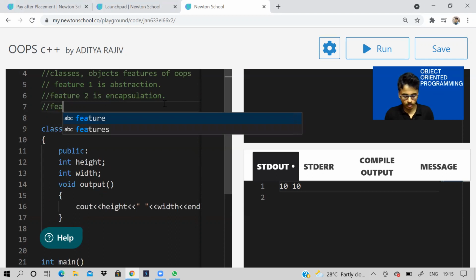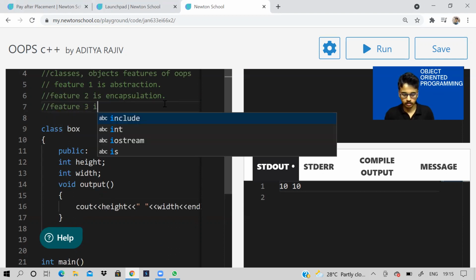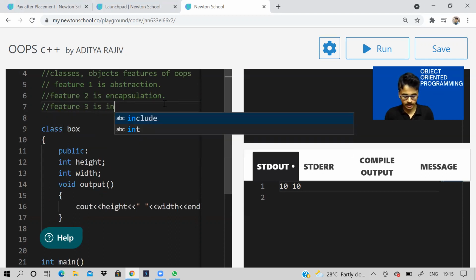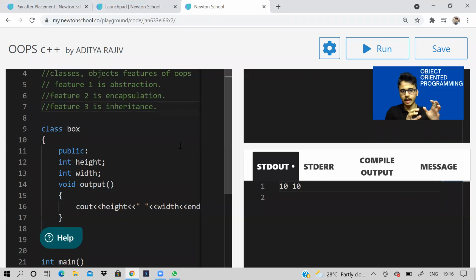Now let us see what feature 3 is. Feature 3 is inheritance. Inheritance means if there is a class and there is another class, we can access the members and the functions of one class if the class is inheriting the properties of another class.